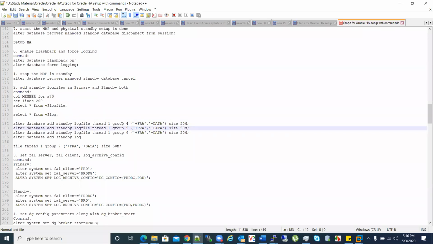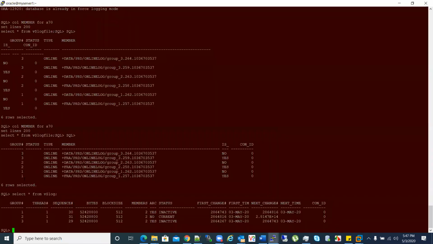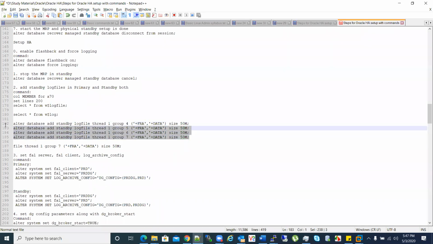Now I'm going to add standby log files of the same size, 50 MB. I have only 3 online redo log groups, but when adding standby log files it should be n+1. So if you have 3 online redo logs, you have to add 4 standby log files.